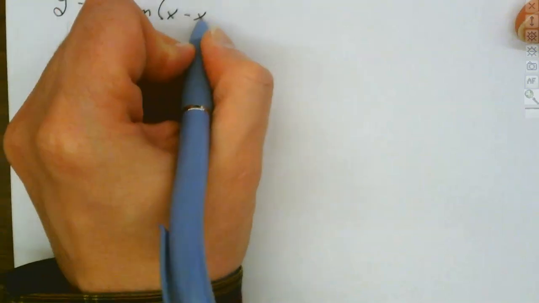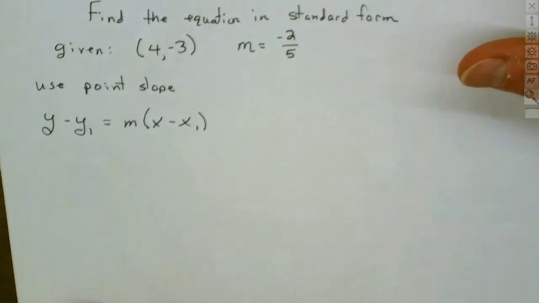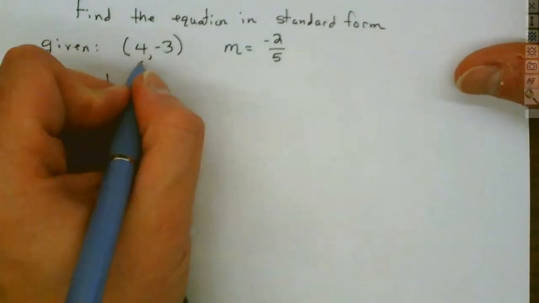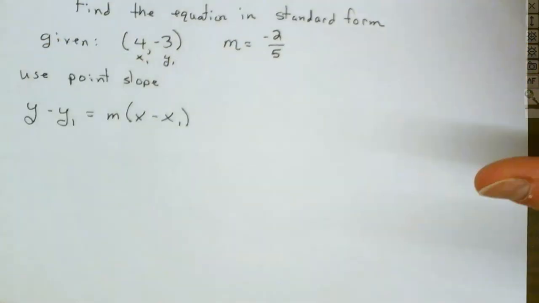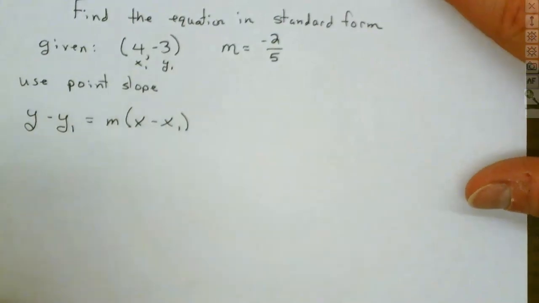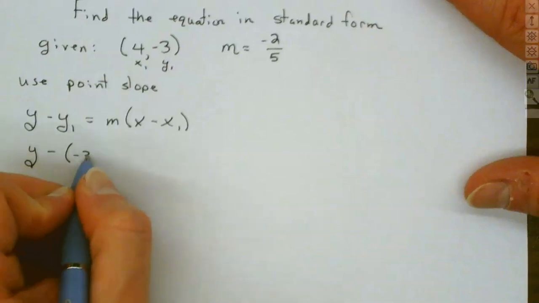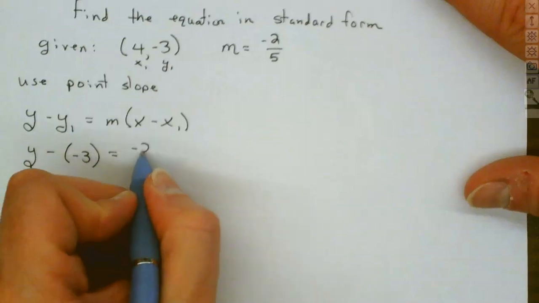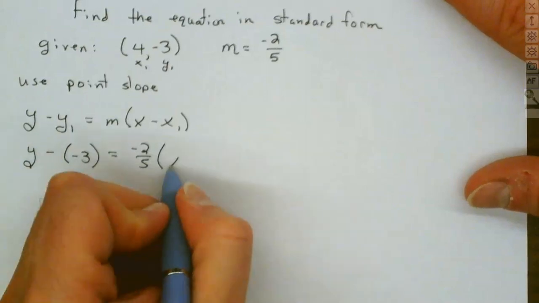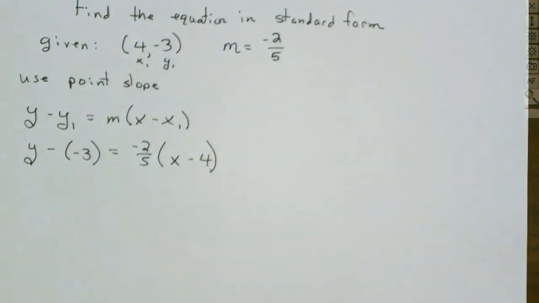And that is y minus y1 equals m times x minus x1. And we label our ordered pair, x1 and y1. So we label it x1, y1, and now we fill it in. Watch out for double negatives. So we have y minus negative 3 equals negative 2/5 times x minus 4. So when we look at this one,